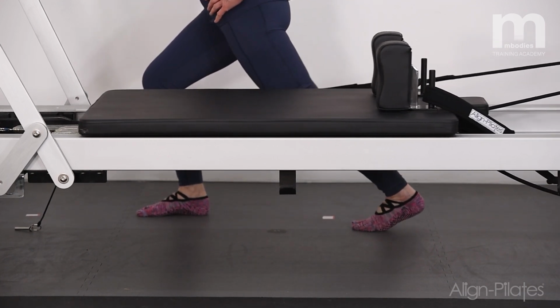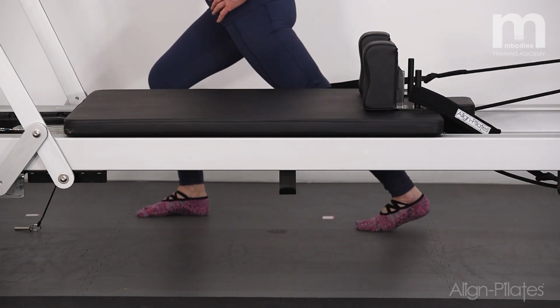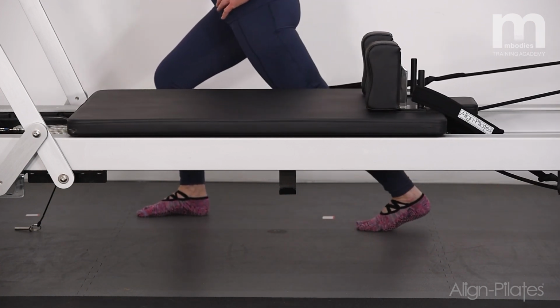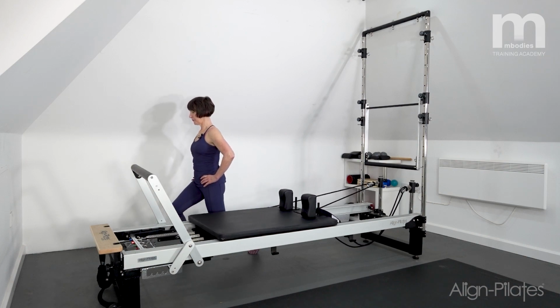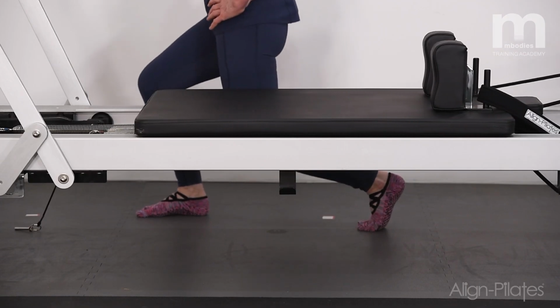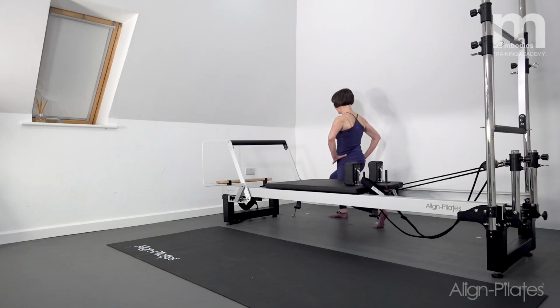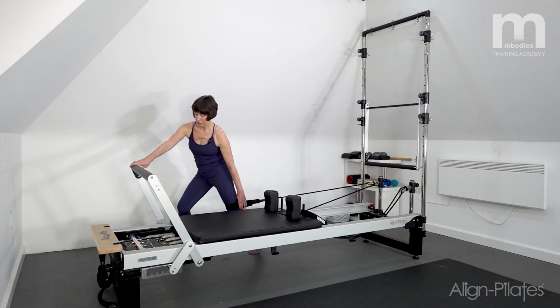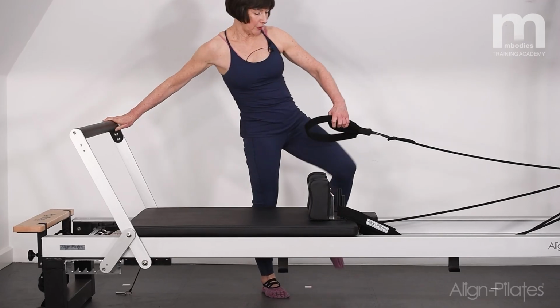Not one for really shiny leggings, this one. Oh, try and stay balanced. And now just little pulses. From there, just gently release. You can hold on to the foot bar for a bit of balance and stability while you take your leg